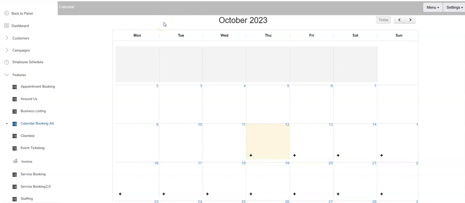Hey everyone, today we're going to take a look at how you set up paid memberships in your apps. You need to turn on the calendar booking feature, which is in your Create App section in the Reseller dashboard. Select the calendar booking feature once you've logged into the app dashboard, and come over here to your settings and